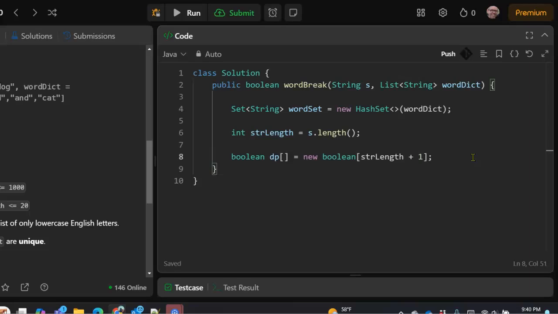And this array, dp at some index i, is going to be true if the first i characters of the string can be segmented into dictionary words.